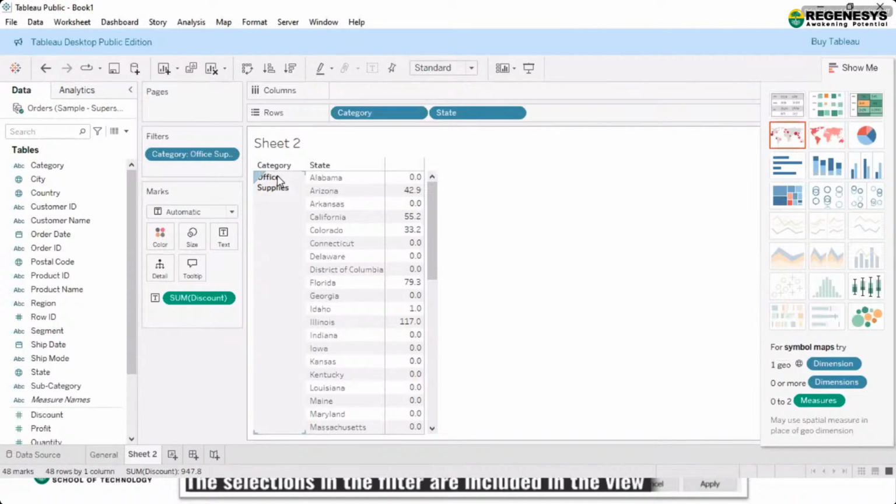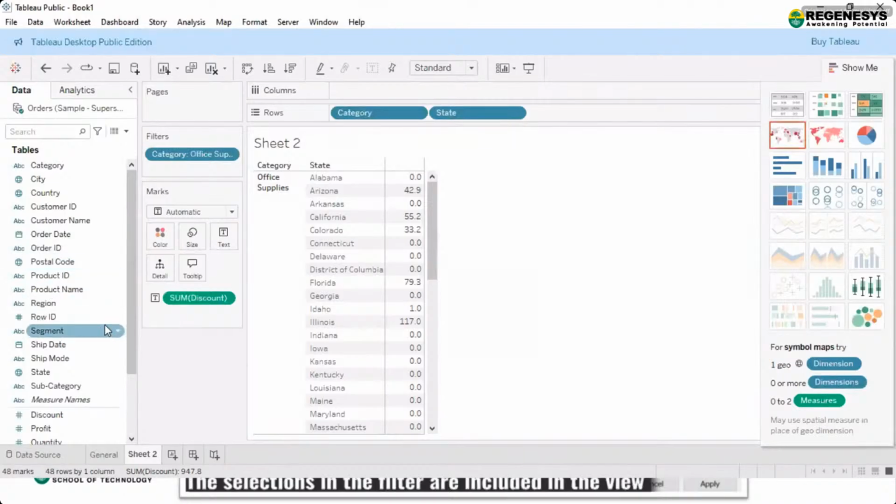If I want to work on office supplies only for a particular state, that I have done. Now let's say here also I don't want the data for California.